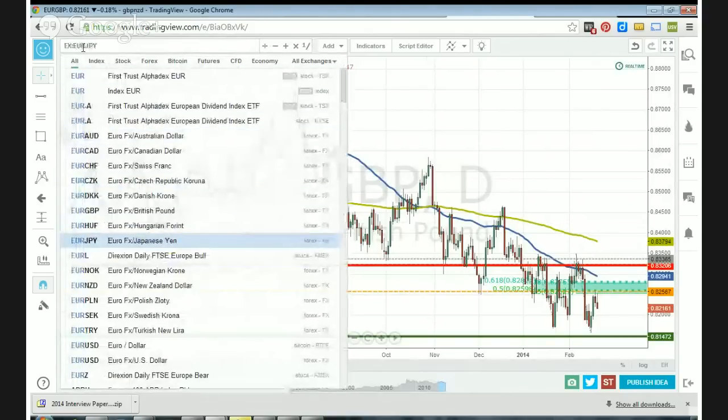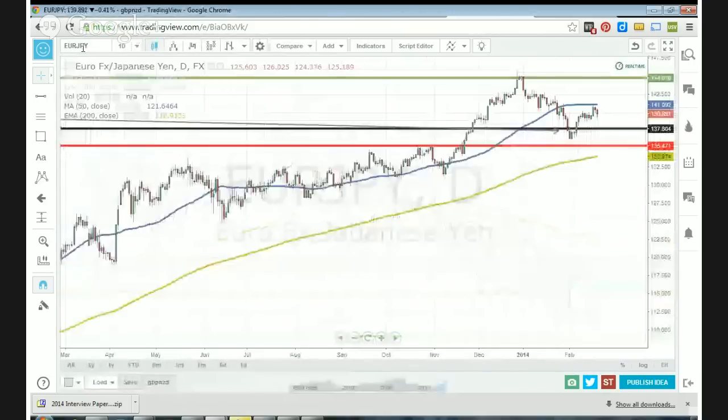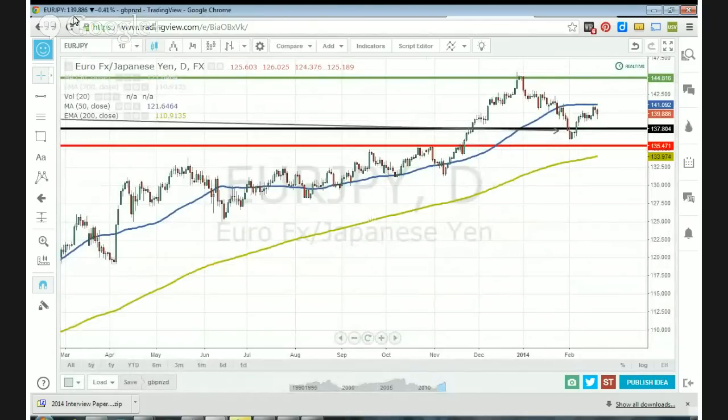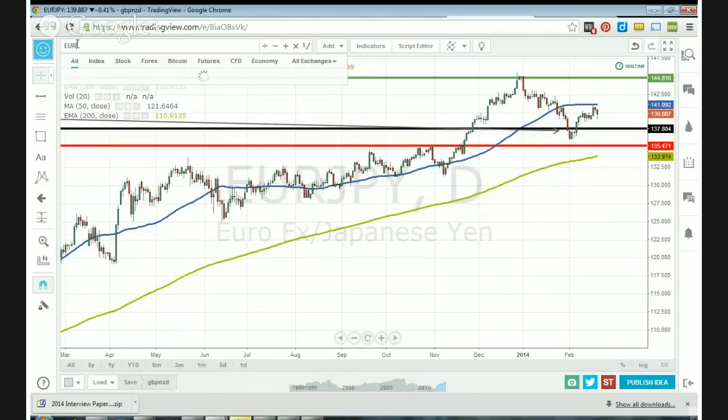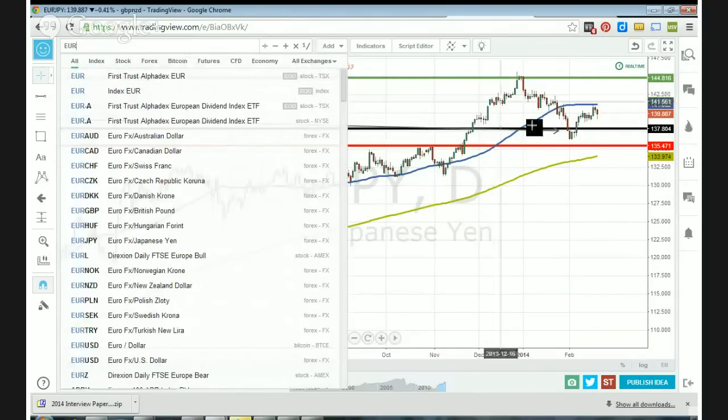Euro yen. Okay, we are seeing the general euro decline in general, which is reassuring for shorting the euro pound. Euro yen still. So I have the entry order on here. It's a matter of coming back to this black line. This is based on the weekly chart, so it may take a little bit of time. It may take a few weeks, in fact. So I'm going to be patient on this. There may be opportunities to trade other things in the meantime, so no risk capital is being tied up at